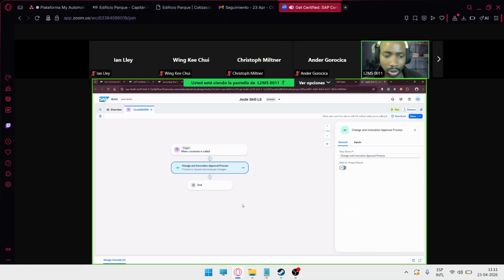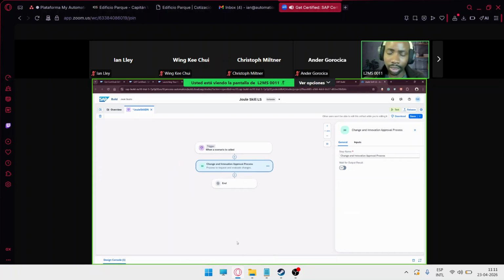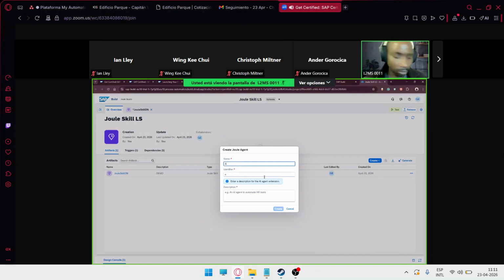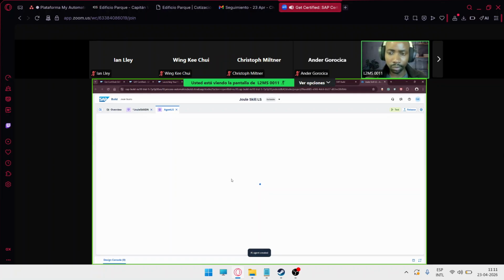So overall, it's just about creating your skill, and once you release and trigger it, it will be like a large language model, able to respond to your needs, much like your agent. Much like your agent, you do want to be able to configure it accordingly. As I said, I don't go into as much detail because there is a nice guided step-by-step in the workbook as well,